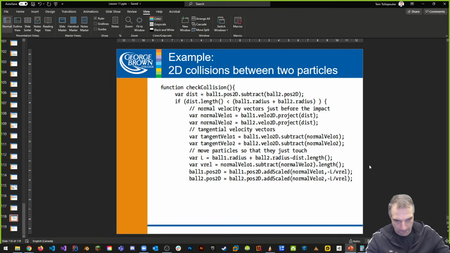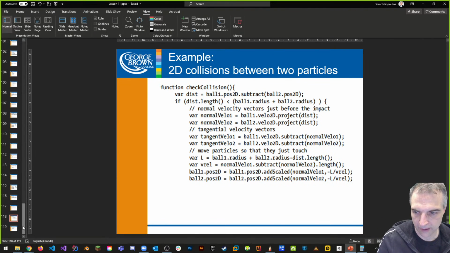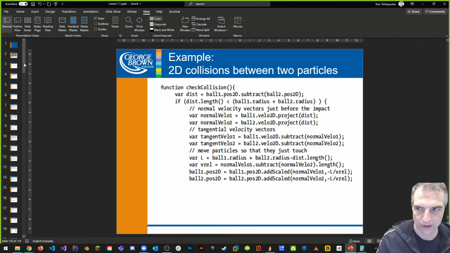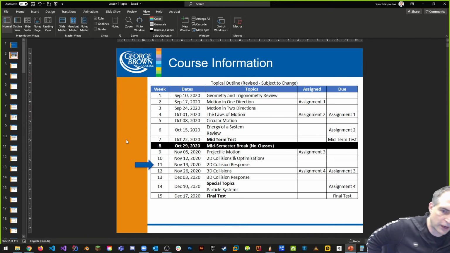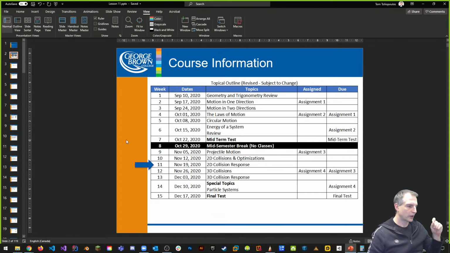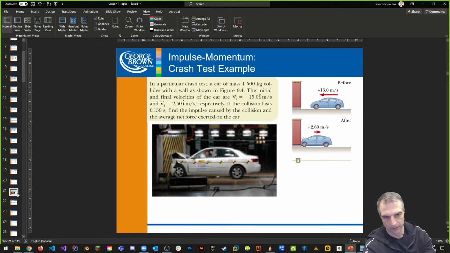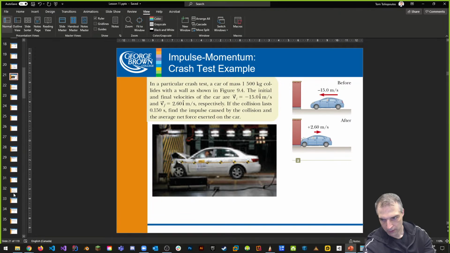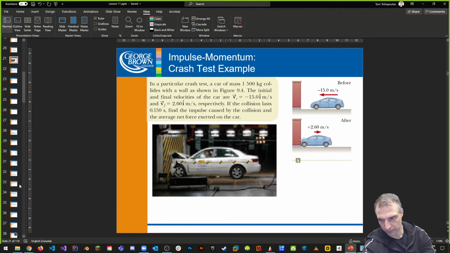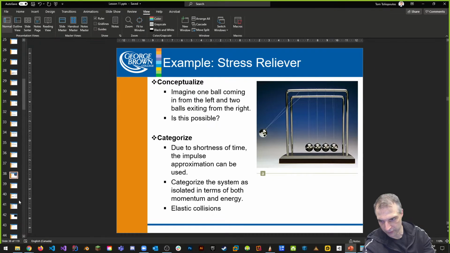Okay, so I think we've covered a lot today, and a lot of it is what we talked about before. So we covered collision response. We talked about momentum. We talked about impulse. We talked about how particles can collide in a system and how they'll reflect. Again, a lot of the stuff we can do when it comes to momentum is we can apply some of these same things here. If it's in a 1D system or if it's in a 2D system, and I'm going to find where the two objects collide. That's still 1D.